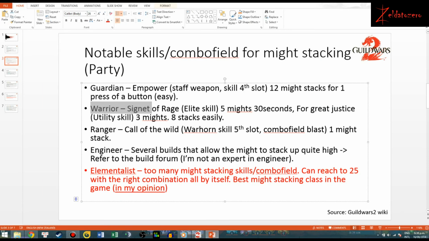Because I don't want to disconnect from my game. Alright, so for the utility skill For Great Justice, you have 3 might stacks for one press of the button, so that's 8 might stacks easily. Now for Ranger, you have Call of the Wild, which is the Warhorn skill, the last skill on your weapon skills,